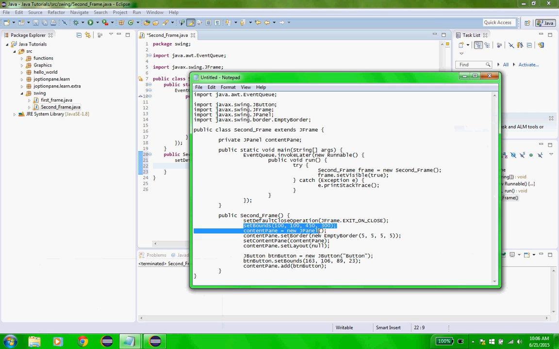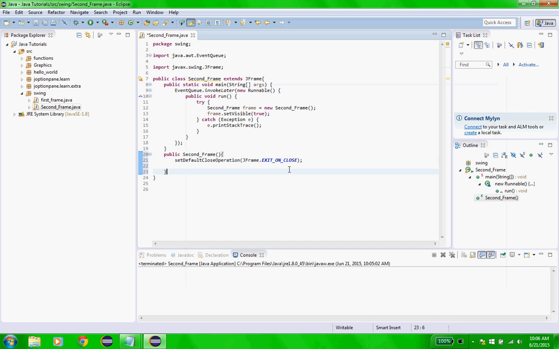And, well, it's set size, which is these numbers. And then where it's going to pop up on your screen. So, X coordinate, Y coordinate, width, height. So, just set bounds. You can change these numbers. It can be maybe 150. 150, and let's say you wanted it to be maybe 500